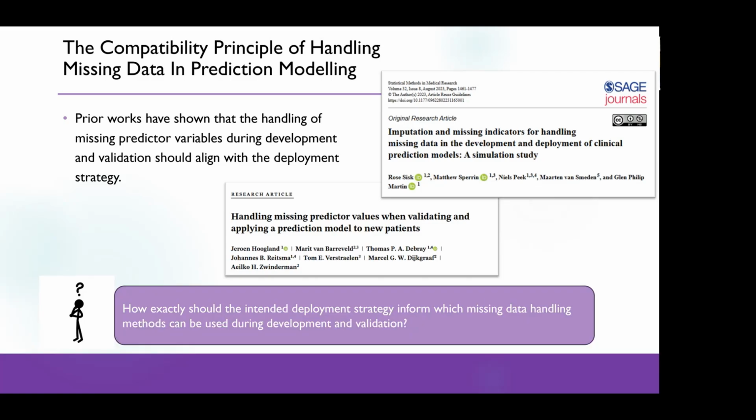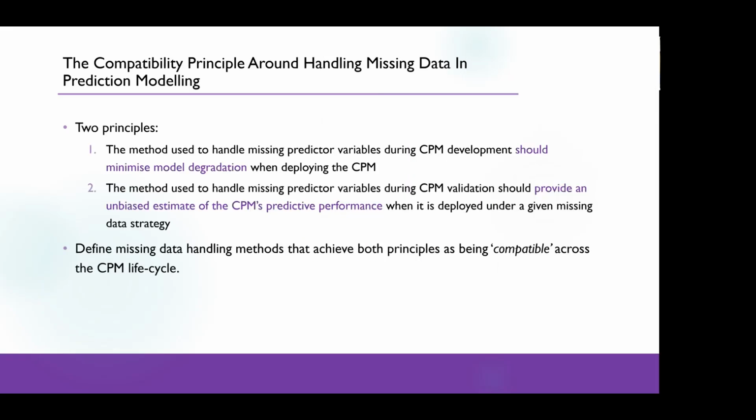What was currently missing was exactly how that intended deployment strategy should inform it. In other words, which missing data handling methods at development and validation are compatible with or align with however we want to handle it in the implementation stage. And to come up with that